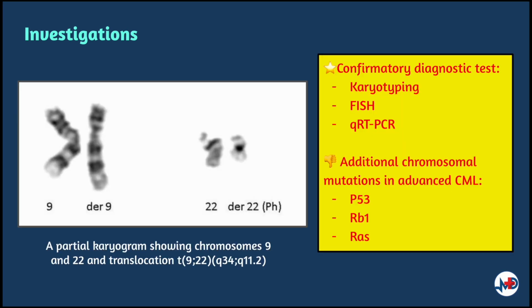As seen in the karyogram, the normal chromosome 9 and 22 are on the left side of each pair. The abnormal or derivative chromosomes are on the right side. The confirmatory diagnostic test is the identification of Philadelphia chromosome and the BCR-ABL fusion gene using cytogenetic testing. Conventional karyotyping confirms the presence of a Philadelphia chromosome, while FISH analysis confirms a BCR-ABL fusion gene and can be utilized to monitor disease if RT-PCR is not available.